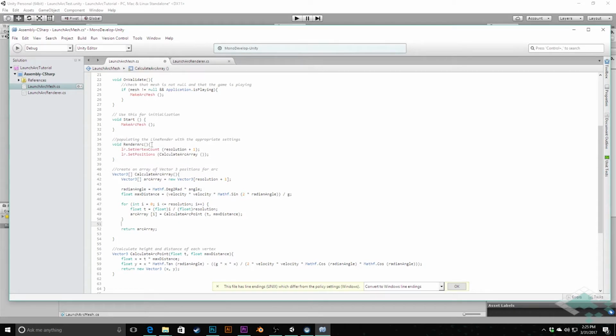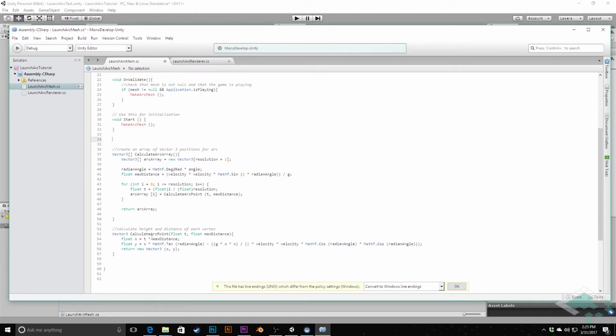And this render arc method, which is where we currently are, using the line renderer, we're going to change. We're going to get rid of this method altogether. These two methods are how we calculate the arc itself, so we'll keep those. But we will now create our void make arc mesh